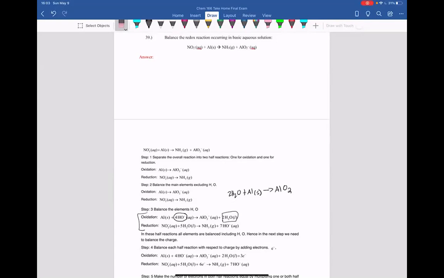So it would be Al going to AlO2. When I'm thinking about how to do this, I'd be like, okay, you add 2 OHs to the left side to balance out the oxygens. And if you add the 2 OHs,